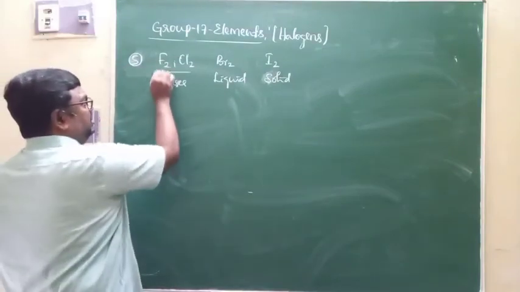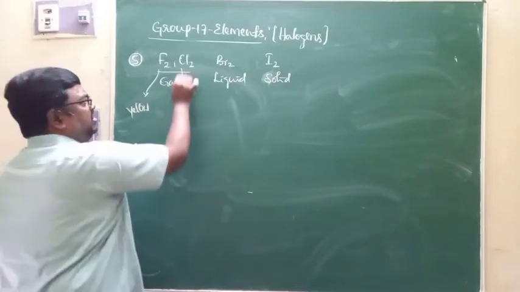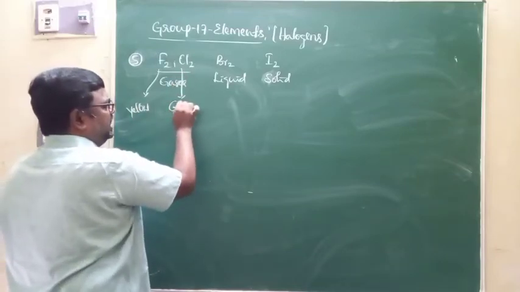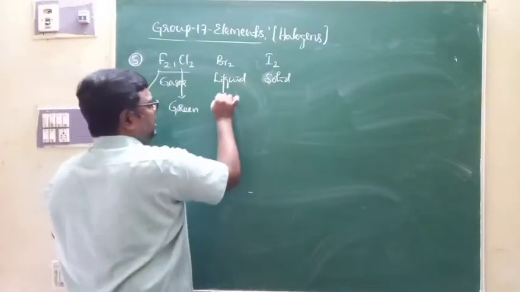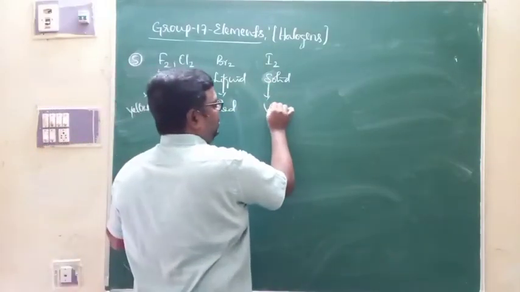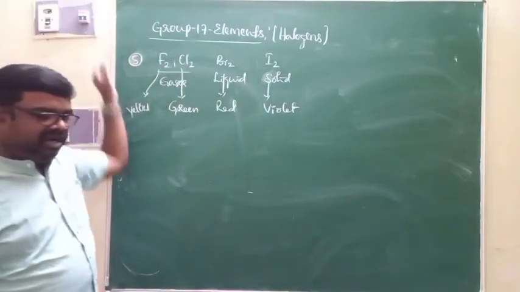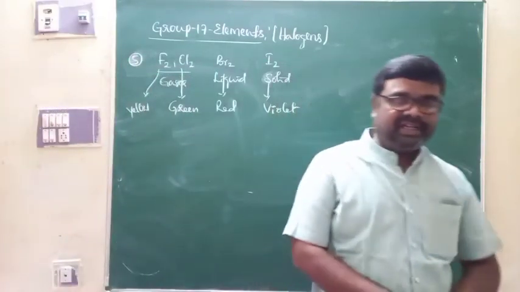As far as fluorine is concerned, it is a yellow colored gas. Chlorine is a green colored gas. Bromine is a red colored liquid, and iodine is a violet solid. These are the colors. Why do halogens exhibit color, if you ask that question,